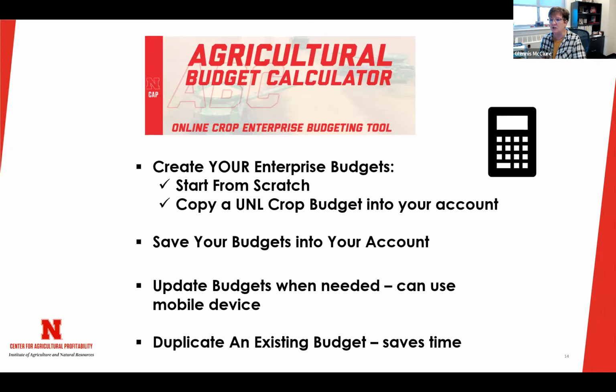You can do one foundational corn budget and then duplicate that, and you could have all of your budgets for corn. You might have some rented ground, you might have some owned ground. Those budgets can all be a little bit different, but you can duplicate and then just go in and make changes. And even from year to year, once I've done my budgets, I can go in and make changes to those